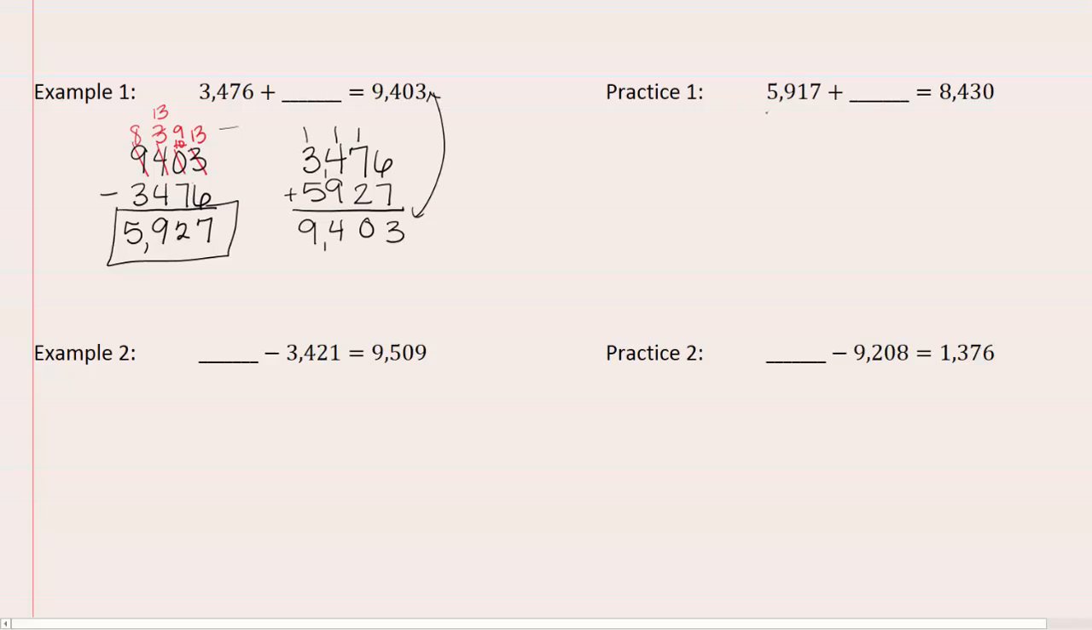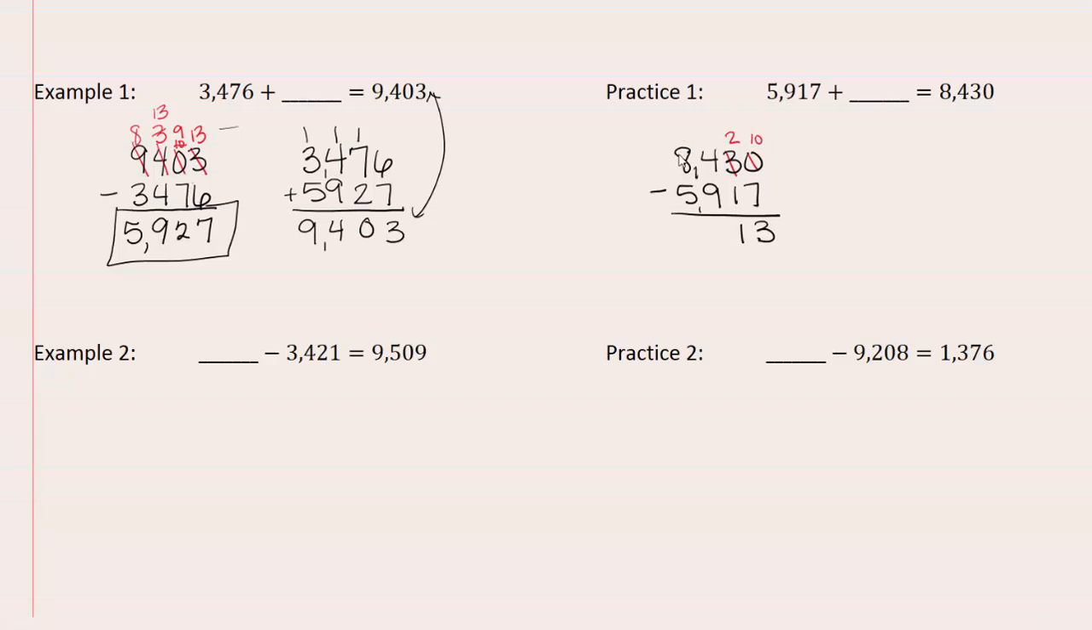This one says that I had 5,917 and I added something to it to get 8,430. So if I take my total, my end number, and subtract my starting value, that will give me my missing value. Okay, I have to borrow. So 2, that makes it a 10. 10 minus 7 is 3. 2 minus 1 is 1. I have to borrow again. 4 would become a 14. 14 minus 9 is 5, and 7 minus 5 is 2. So we should have gotten